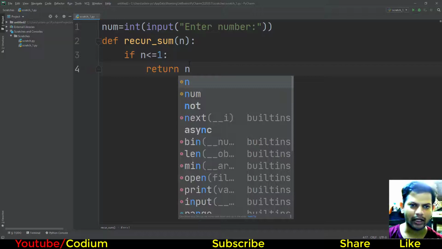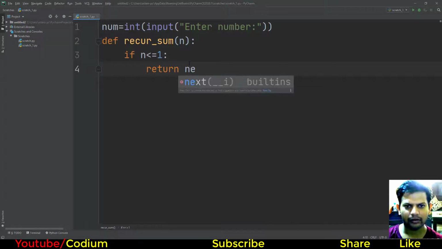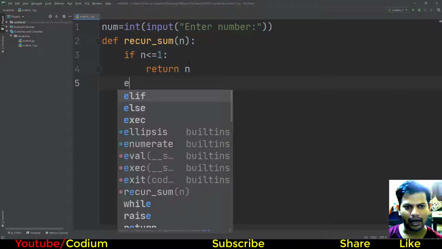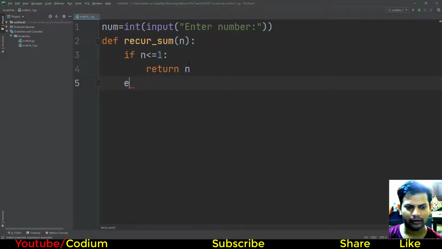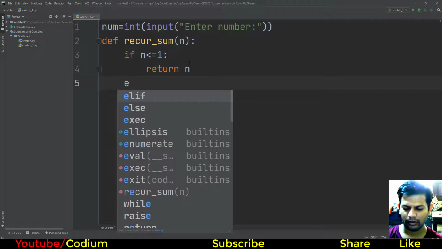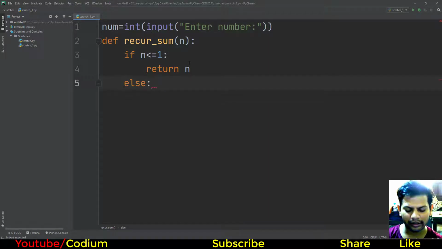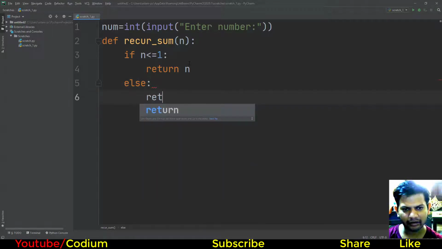If the user enters 1, it returns 1 because 0 plus 1 is 1. Else, if the user input value is greater than 1, what happens? Then return.